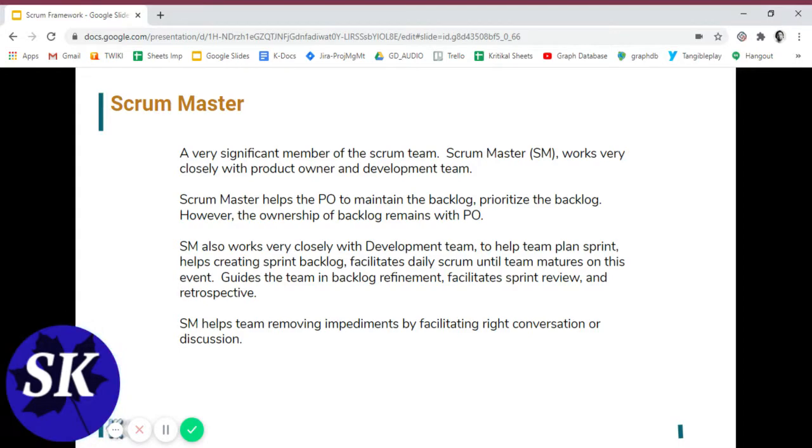So it's more of a facilitator's role over here, but at the same time the Scrum Master knows what could help the team optimize their efficiency and what could distract the team, so helping the team in avoiding those distractions